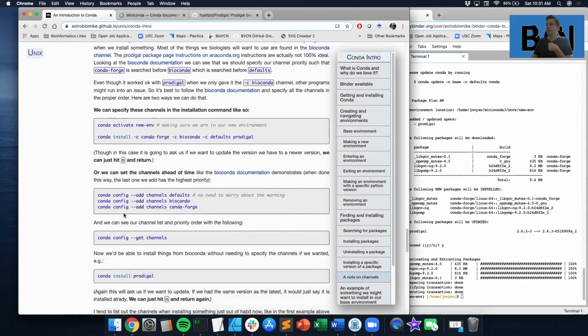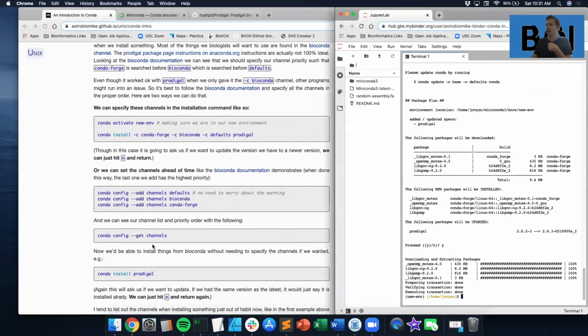And so the way we do that is by permanently modifying our configuration setup for Conda. And the way we want to do that is in reverse order from the priority for which we want them to be searched. So we'll have it search defaults last, so it's the first one that we add, Bioconda second, so it's the second one that we add, and then Conda Forge first, and that'll be the last one we add. So we can do conda config --add